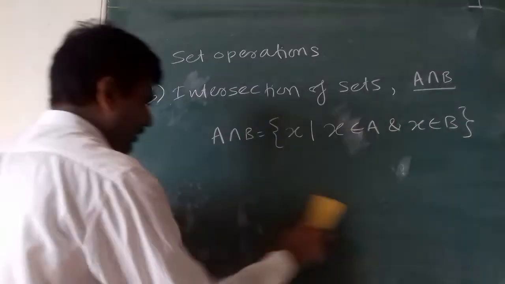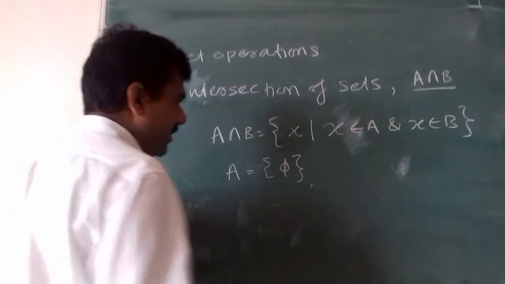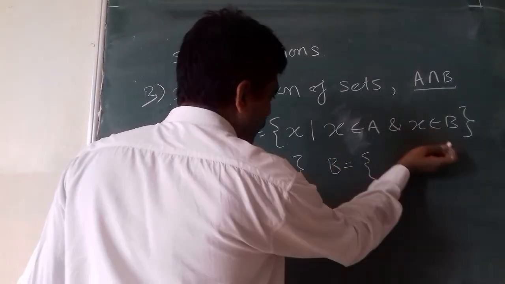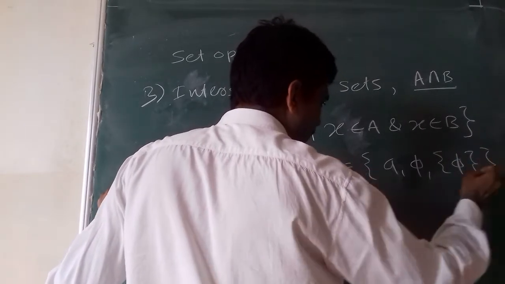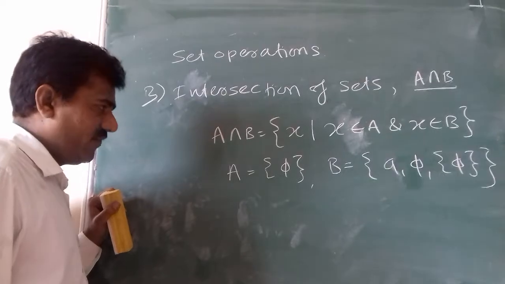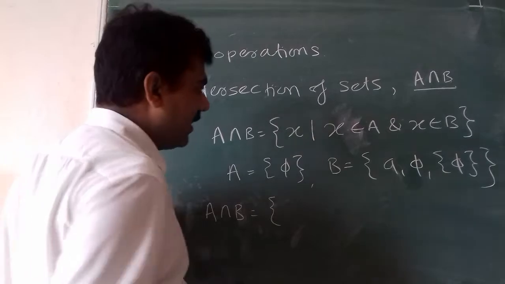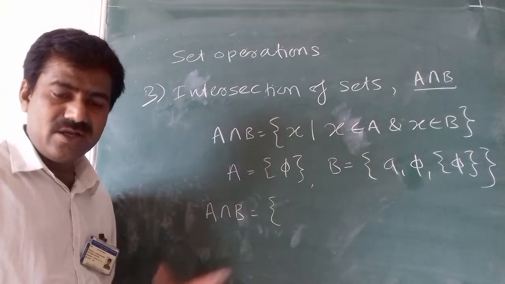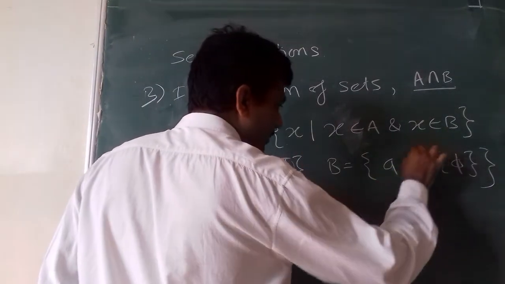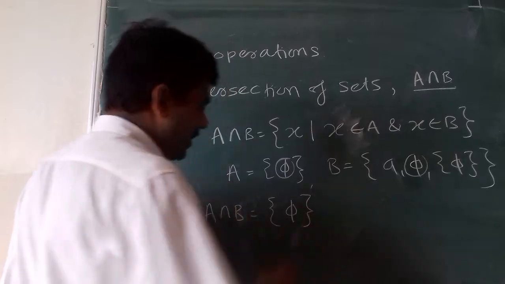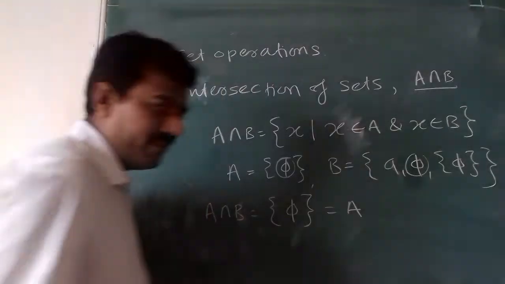We'll see one more example, that is the previous example. A is a set with the element 5. And B is another set which contains the elements A, 5 and a set which contains the element 5. Now A intersection B is the common element between these two sets, right? So the common element between these two sets is what? This is the element 5 and this is the element 5, right? So it contains the set which contains 5, and that is nothing but the same as capital A.